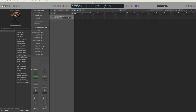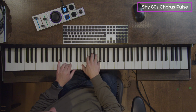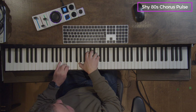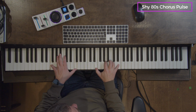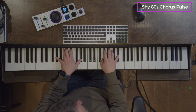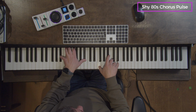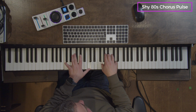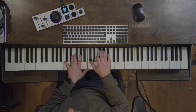So this is the Shy 80s chorus pulse. Don't be shy. Retro synth really is fantastic. And with some processing,